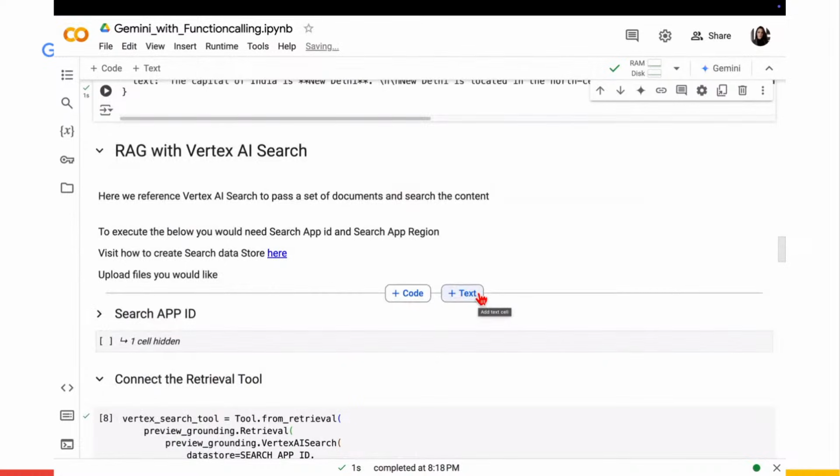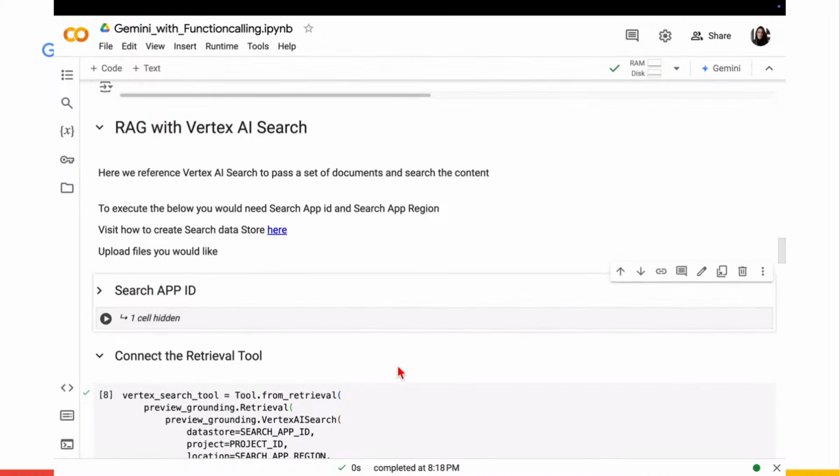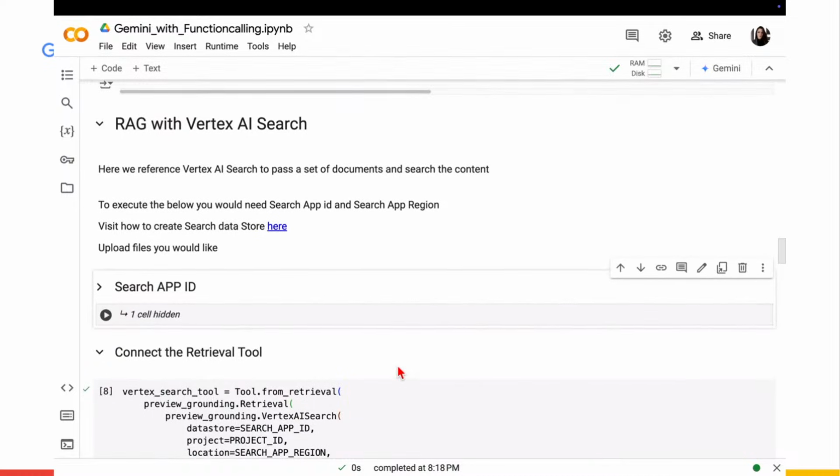Now let's look into how you can do RAG with Vertex AI Search. There's two different means on how we can do it, which I want to highlight here. So of course, for both, we would need a search app, meaning you can go to the console and check out Vertex AI Search there. Usually what you do is you generate a data store where you also upload all of your own data and documents or whatever you want to index there. And then on top of it, you create an app. So we're fetching the app ID there from the console, putting it in here.